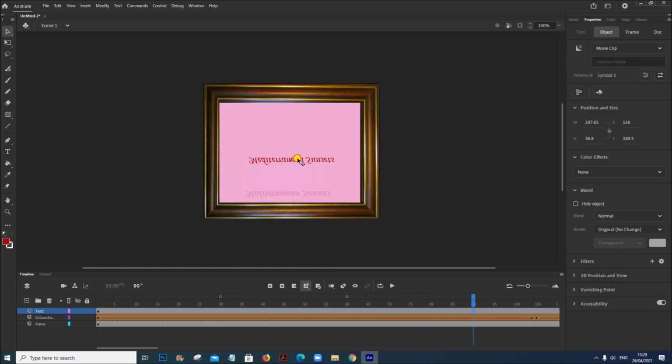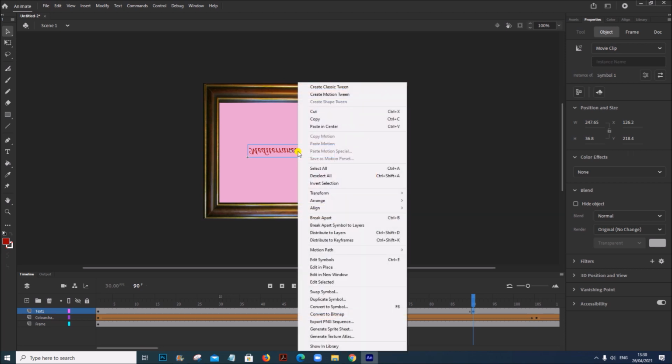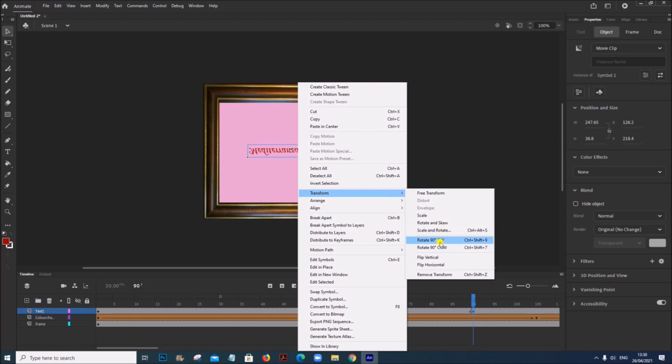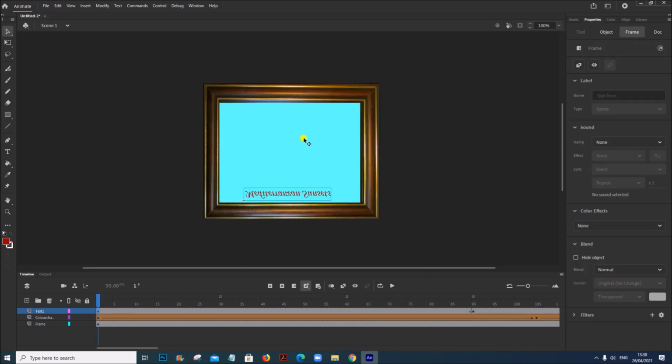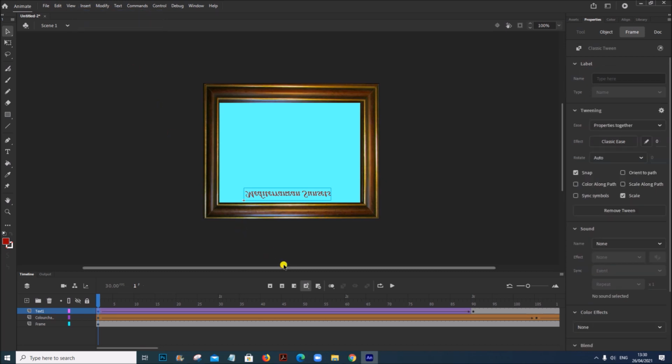So let us keep it in the center. And it must be visible properly. So right click, go to transform, flip vertical. Now let's add an animation. Insert classic tween. Now you can play this.